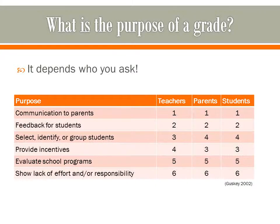Guskey actually conducted a survey in which he asked parents, teachers, and students to all rank the purpose of grades in order. Now, as you can see from this chart, numbers 1 and 2 are similar across the board. To communicate. Communicate with parents, communicate with students. After that, though, the 3rd and 4th position kind of does switch around, depending on who you ask. And then finally we end with the last 2,